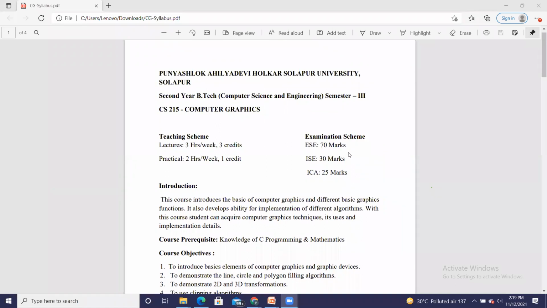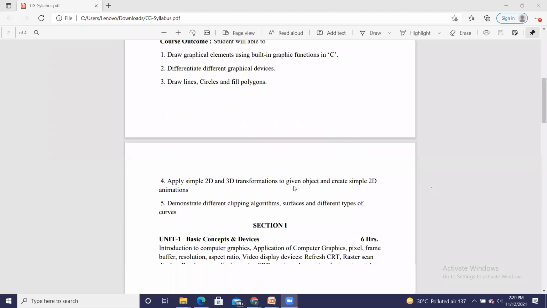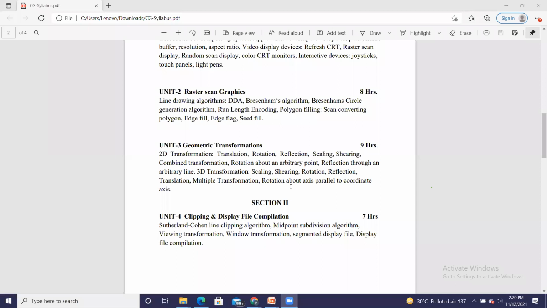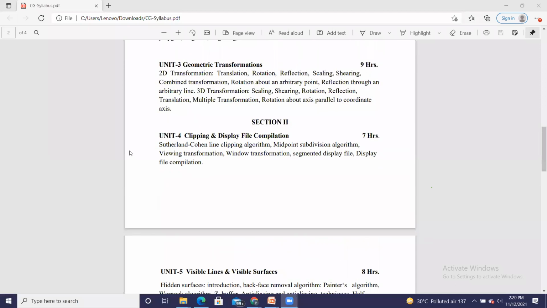You have only a 70 marks paper, 30 marks ISC and 25 marks term work, that is internal continuous assessment. So CG has a total of 125 marks of weightage. This is the overall idea of unit number 3. In the next lecture, we will start the syllabus from 2D transformations.